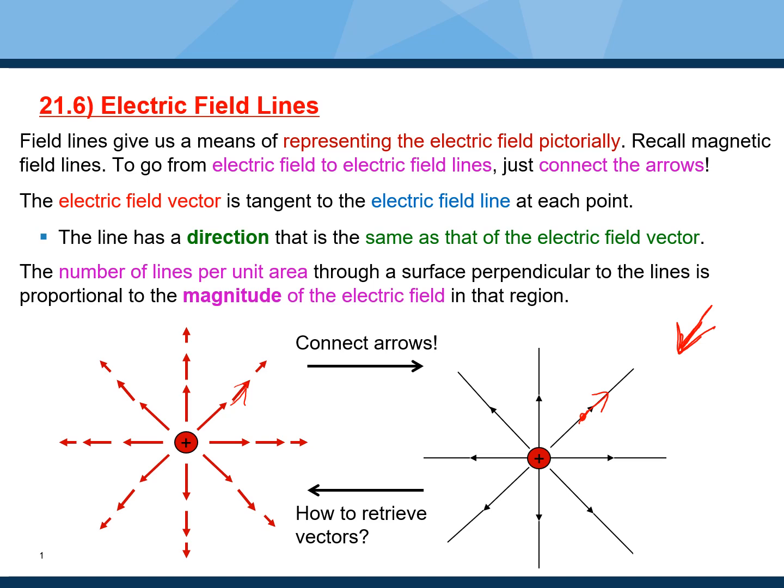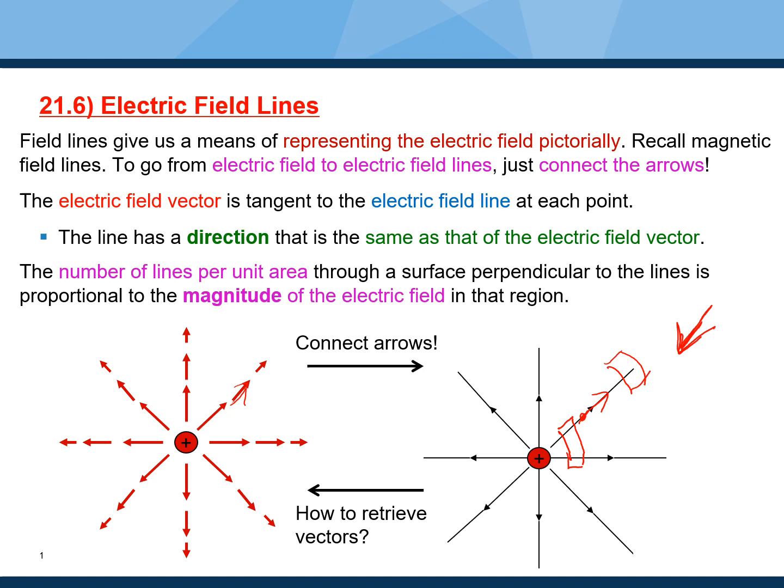An interesting idea comes to mind: let's put a sheet of paper with unit area out here and ask how many electric field lines are crossing that sheet of paper at this location. We see that there are two electric field lines crossing it. If you take the same paper and hold it out here, there's only one electric field line crossing it, and this gives us the intuitive understanding that the number of field lines crossing through a unit cross-sectional area gives us a good measure of the magnitude